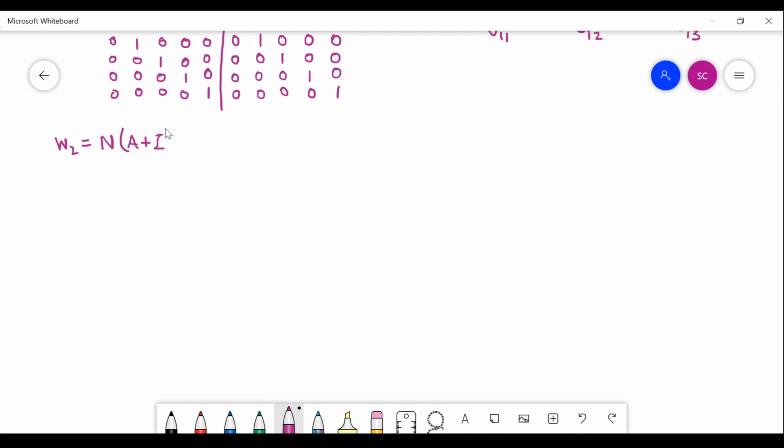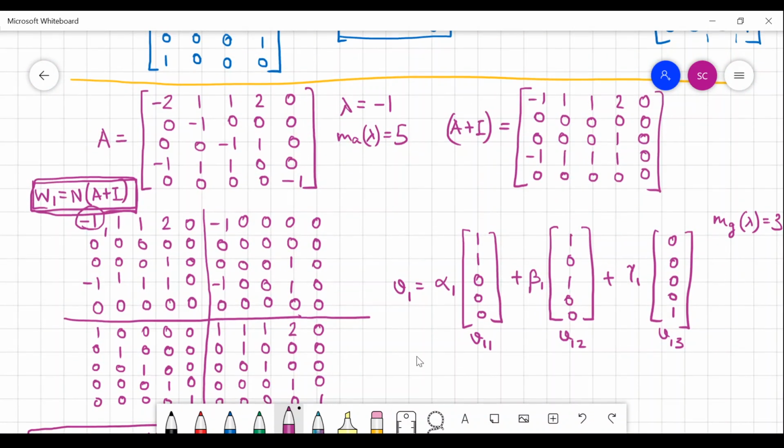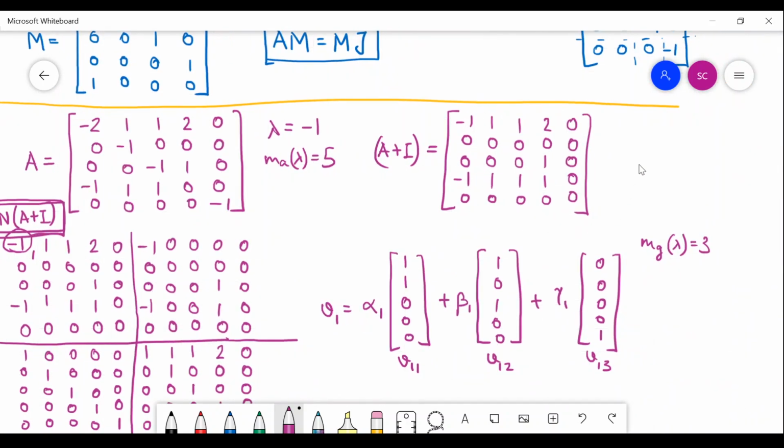So we are trying to find out the space for A plus I square, and A plus I square is the first thing that you will do. What is that? A plus I square is basically you write A plus I side by side. So this is your A plus I, you write this side by side. Now the first column of A plus I square is the first column of this matrix.